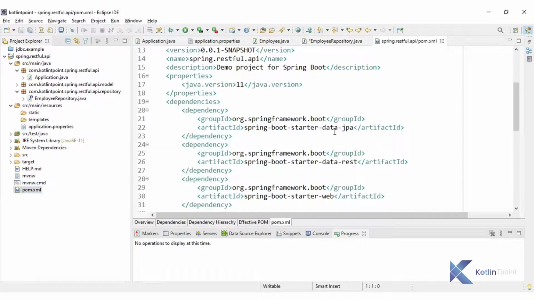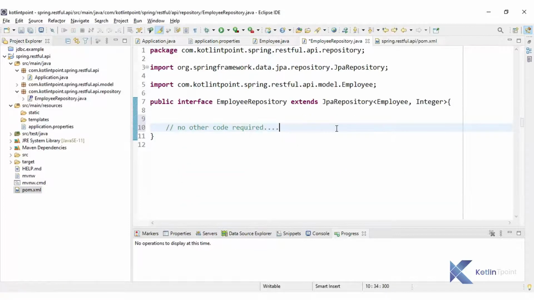The Data REST dependency will automatically handle the model class we have mentioned in JpaRepository. It will have all the RESTful APIs like POST, GET, PUT and DELETE, each and every one we require.